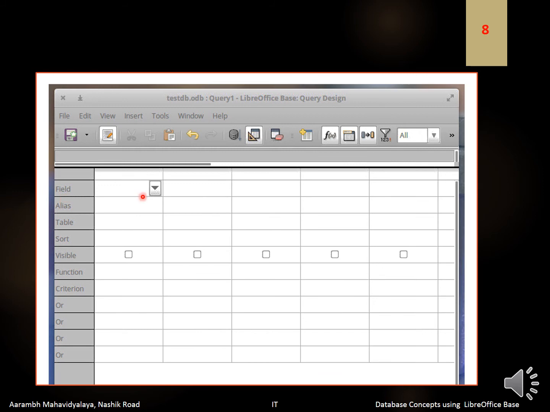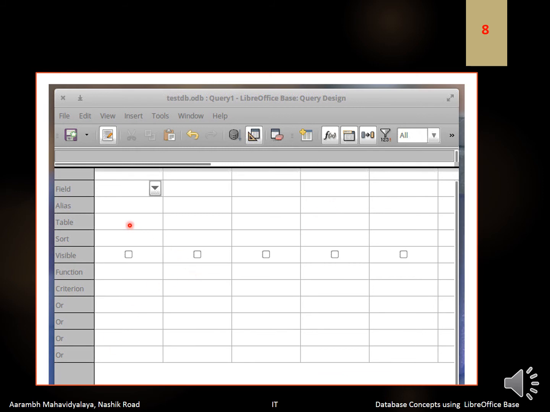Therefore this field section is provided. You can choose all the fields as well as a single field on which you have to provide the condition. Then alias means the field name which we are going to use throughout the query.